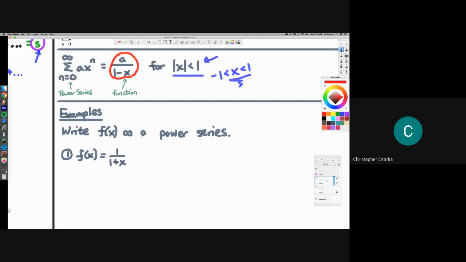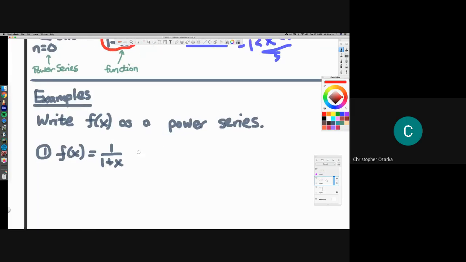All right, so I want to make it look like this as much as possible, meaning I need to have a constant on the top, which I do. That's awesome. I need to have a 1, which I do, and I need to have a minus something. It needs to be minus something. Here it's plus. So what we're going to do, and this is where the algebra comes into play, we're going to use some algebra